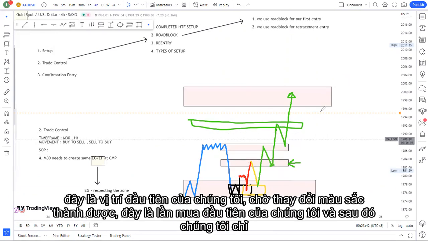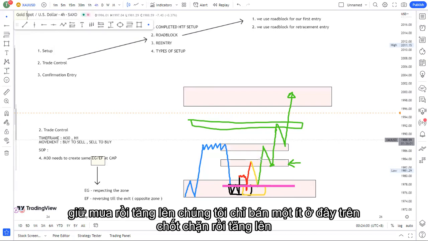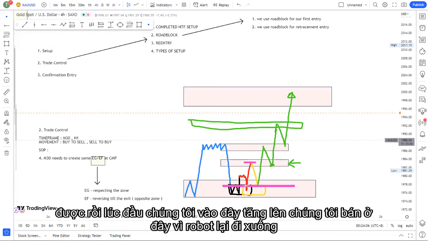Well, how to box? Okay. This is our first position. Wait, change the color to purple. Okay, this is our first buy, and then we just hold the buy, and then it went up. We just sell a little bit here on the roadblock, and then it went up. At first we enter here, it goes up, we sell here because of the roadblock, it goes down again into the